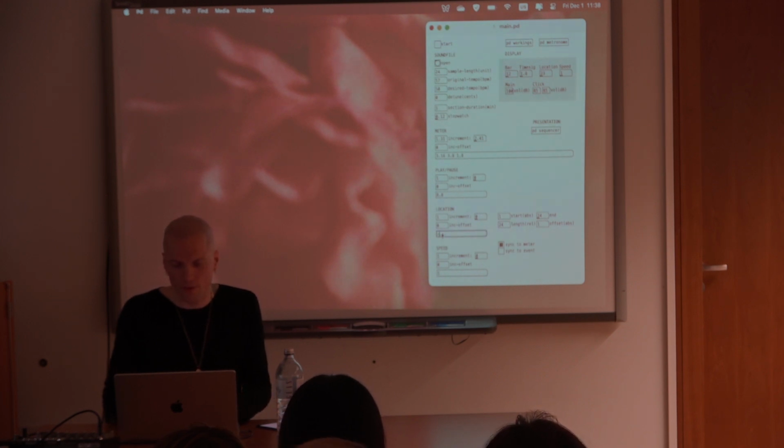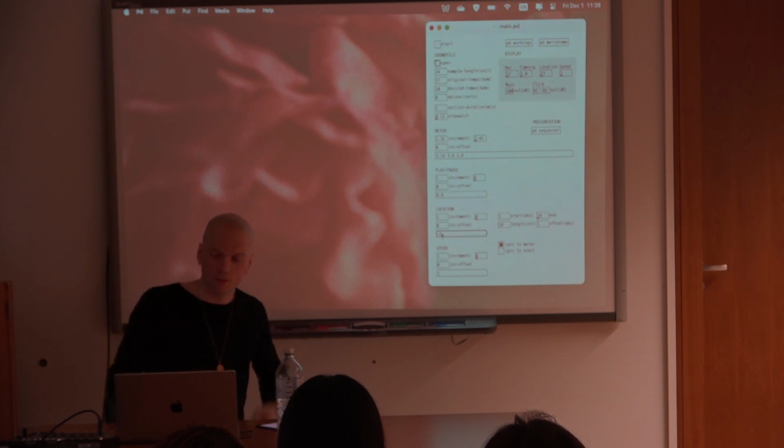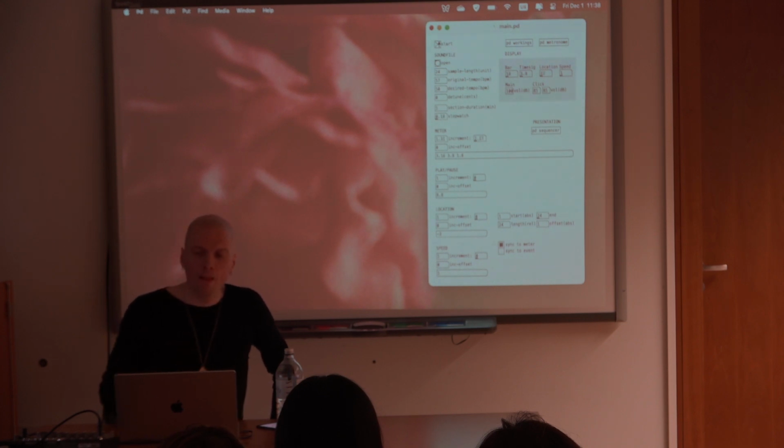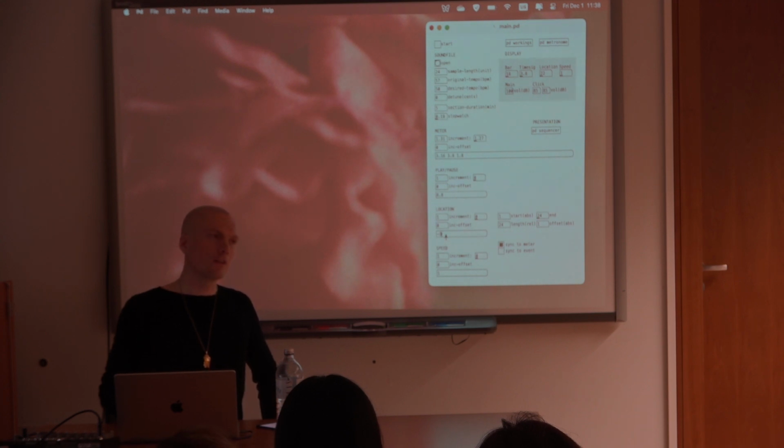If we go, let's say, -3, then it will go through the sample backwards. We can also enter here an odd or floating point number, so that it's not always -3,